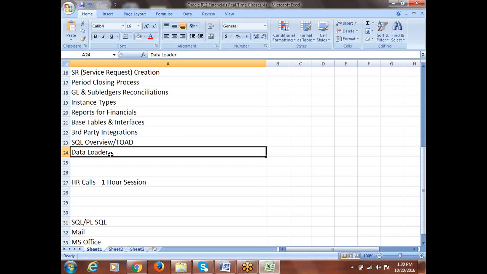into our instance, first of all you have to enter all the calendar related information. When you are creating the accounting calendar definition, you will be entering all the values in that window, right? If you enter from there, you can load. Instead of entering in our chart of accounts here, you can enter there. Then what is the advantage? Instead of entering there, you can enter here also, right?